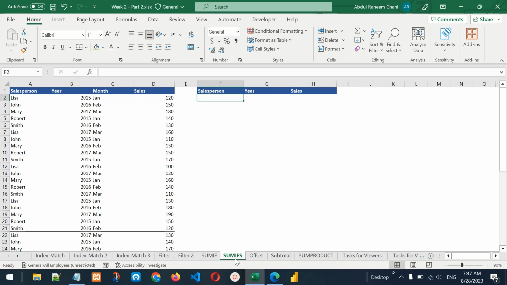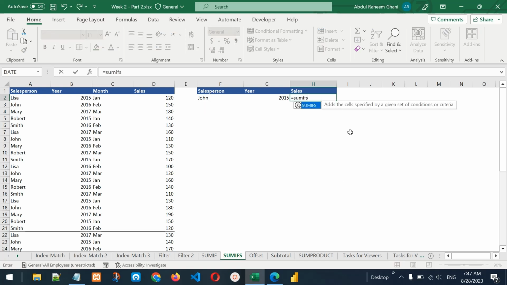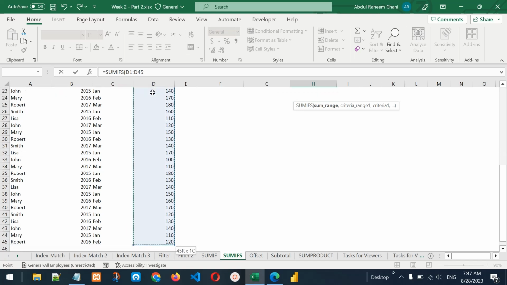We can use SUMIFS function for adding multiple criteria for summing values. For example, I want to type the salesperson name here like John, the year here, for example 2015, and I want to get the total sales of 2015 for John here. So what I can do is to add equal sign, add the function SUMIFS, and the sum range will be this sales column. So I will click here, and with Control Shift down I will select all the values, comma,